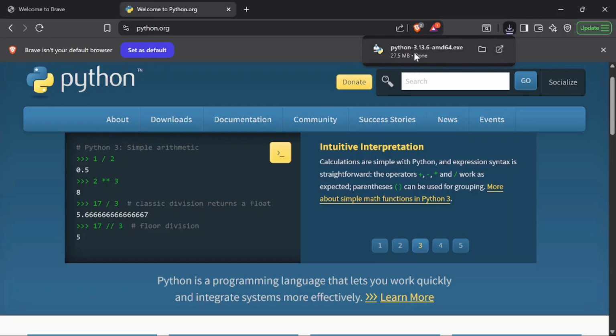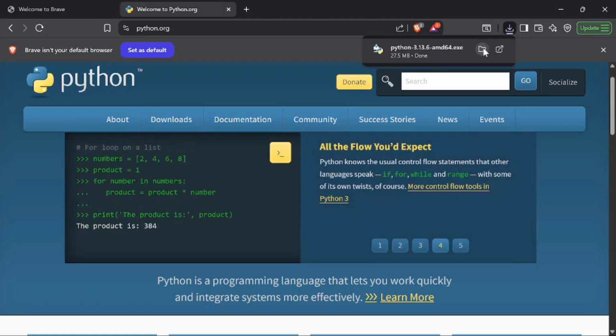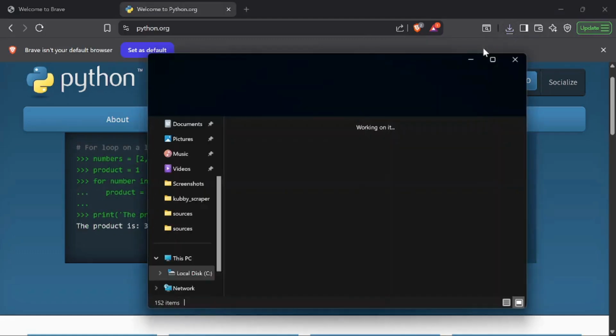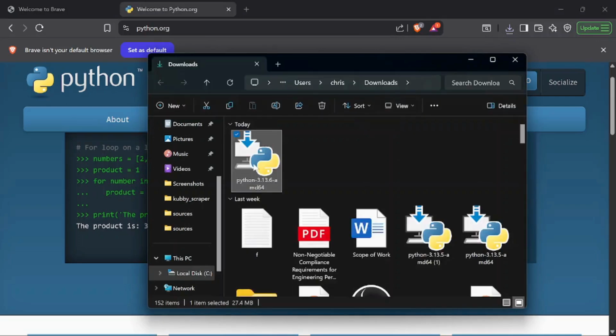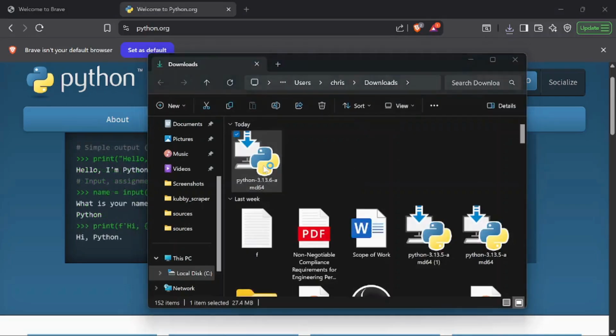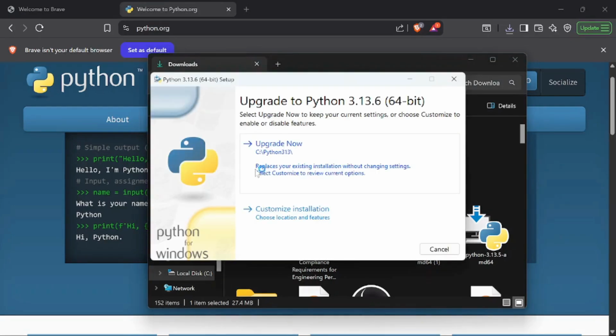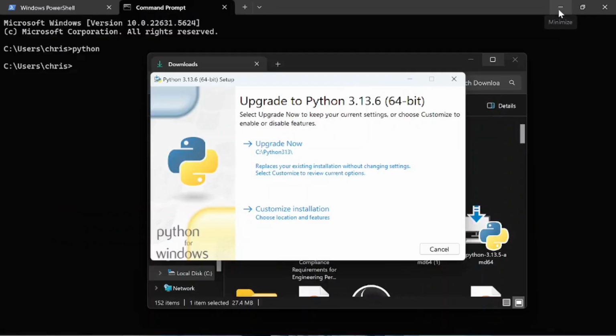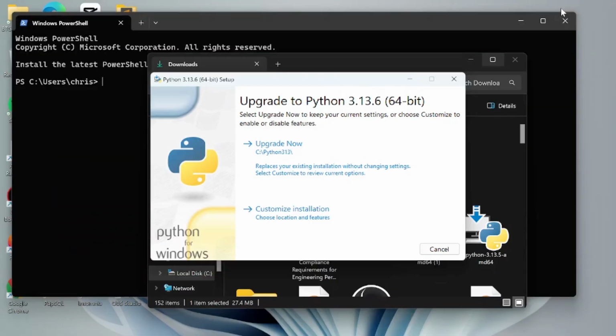You're going to wait for this to download, and we are going to head on to the folder which Python was downloaded and stored into, and you want to double click on this, and this would bring you here. Let me close this window so we can have just